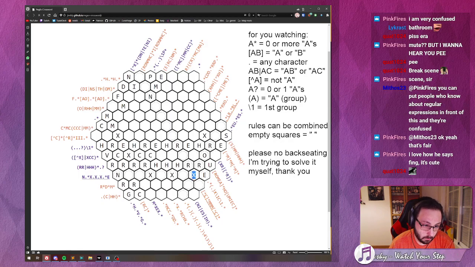Wait, could I? No, I can't. I can fit MCC on top, but then I have to fit a DD, which can't go here. That means it has to go here, right? And that forces MCC on top. But that then blocks this from working. That means I would have to do X